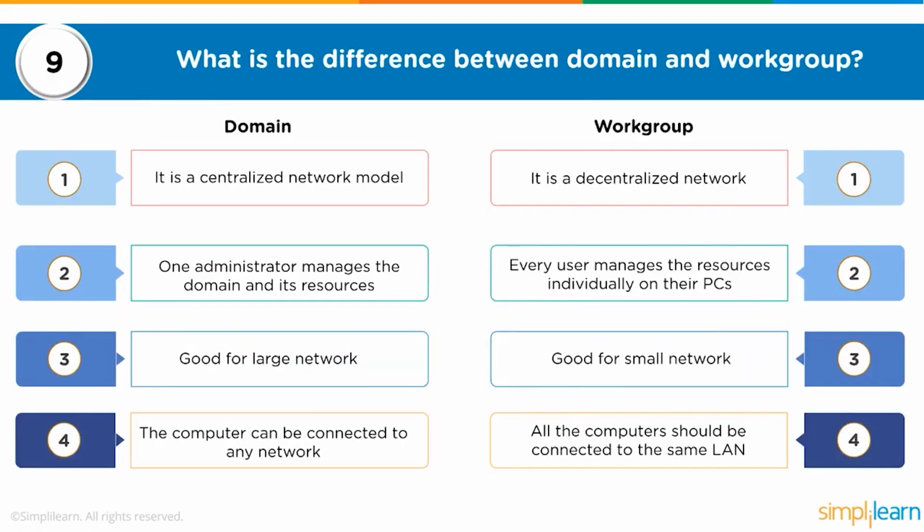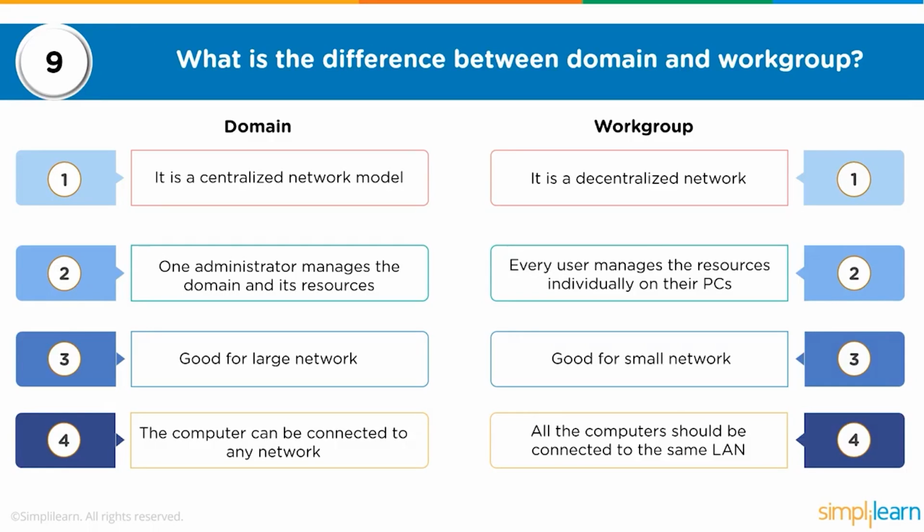192.168.43.255. Question 9. What is the difference between a domain and a workgroup? This can be a very interesting question and can be a very lengthy question at the same time. A workgroup is nothing but a decentralized network where you have interconnected multiple machines together and each machine acts in its own individual capacity. Thinks of itself as a server, right? So a decentralized network, every user manages the resources individually on their PC. So local users on their own PCs managing the network shares, what can be shared from that particular machine, what data should be shared, should not be shared, to whom it can be shared with, and so on and so